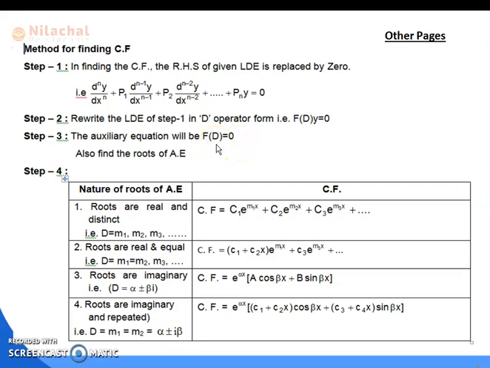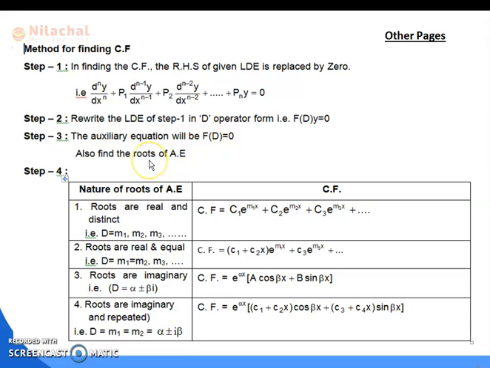As in case of 10th level, for a quadratic equation, you have to apply the Sridhar Acharya formula or the Middleton process. If it is cubic, similarly you have to solve. After solving this equation, you will find the values of D, and those solutions of D are known as roots.